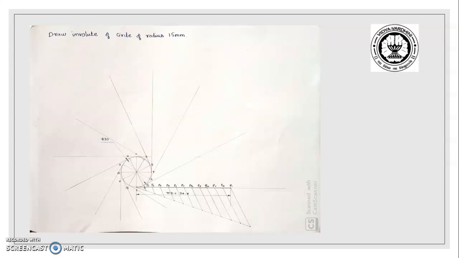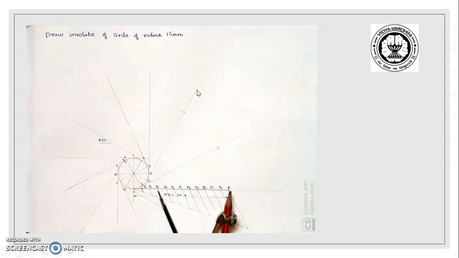The next step is to measure the distance from point 2, because we have to mark the point on the second division. We will measure from 2 to the end point of the string. That distance we will mark from 2 on this line. Then we will take the distance from P3 to P1, and mark it from 3 up to this arc. So the two arcs we have shown here.